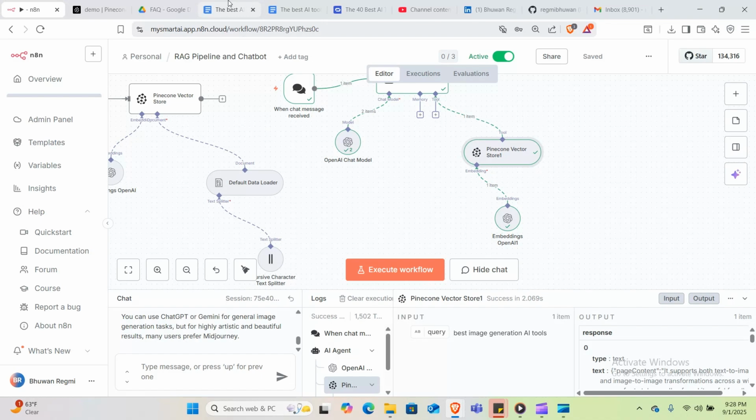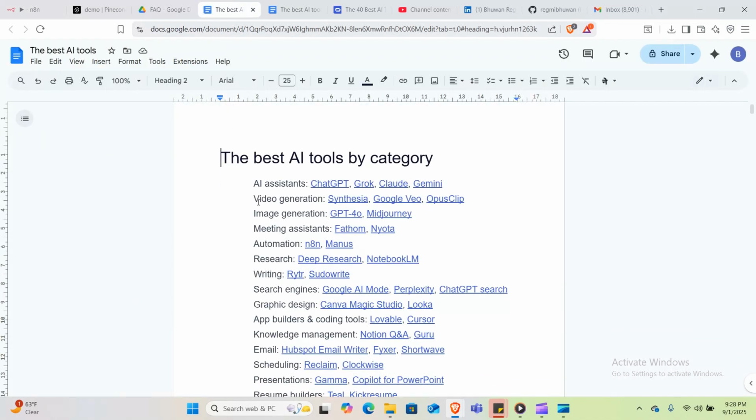So let's go and check in the document. So the image generation, you can see over here GPT-4o, Midjourney,